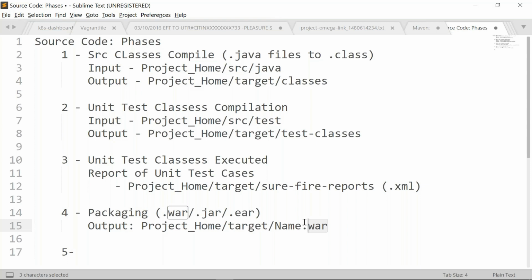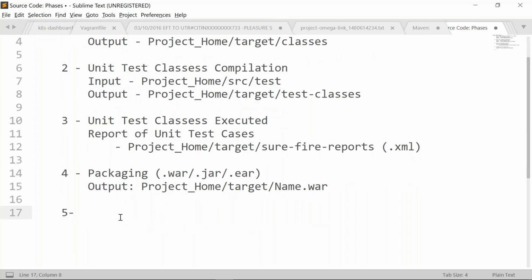Sometimes the archive file is required within the same build server machine. That means within the same node, this war file needs to be shared with other modules running on the same build server. So the dependencies are the next requirement. Once the archive files are ready, either you need to take them to a server for deployment, or you need to store them in remote repositories. Let me write these requirements here. Once this war file or artifact is ready,